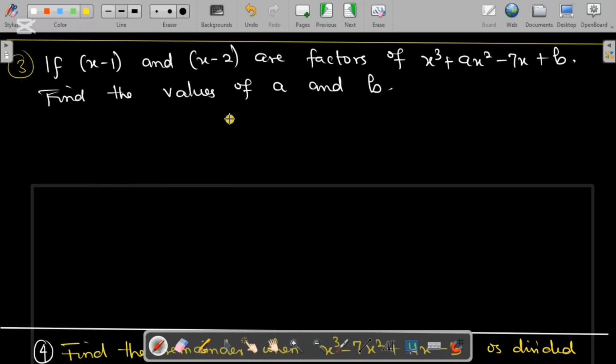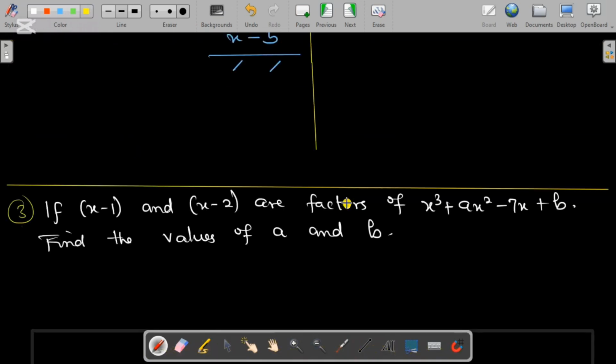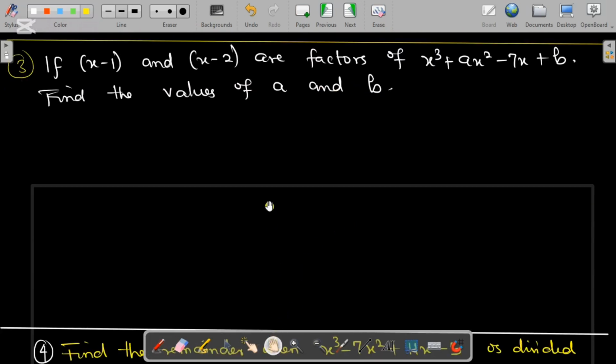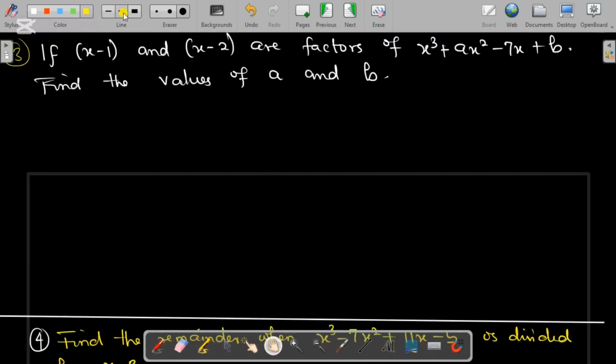Now if they are factors, like what I said about p of 5, then if you make x the subject here and substitute into this place, whatever you get should be equal to 0. Okay, and what did we do? If you do that, you will get that x is 1 and then again x is 2. Okay, so now the first substitution will be p of 1. So if we do p of 1, we are substituting here our x as 1, and that's going to